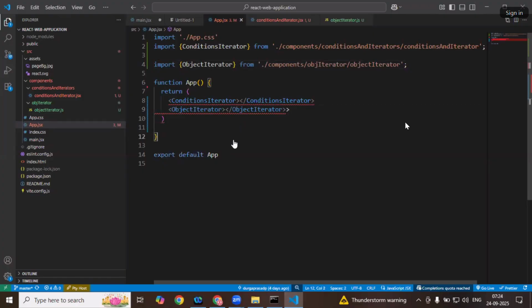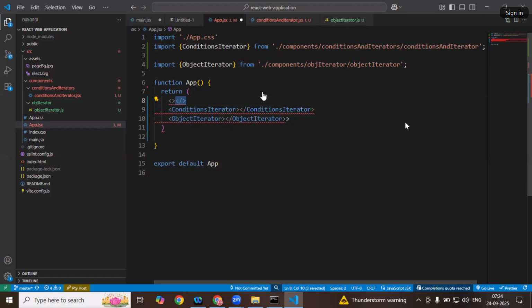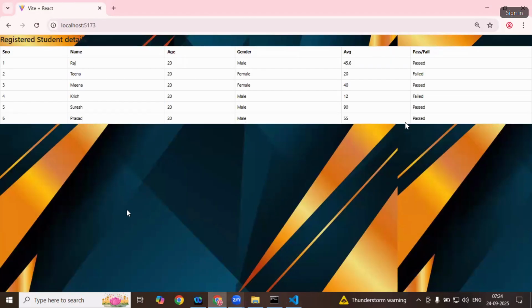Let us now, can I have it like this? We cannot return multiple markups here. We have to return only one single element, which is either an empty tag we can go for, or we can keep any of the predefined tags here. Fragment, we call it as. Okay, now when I go back here,